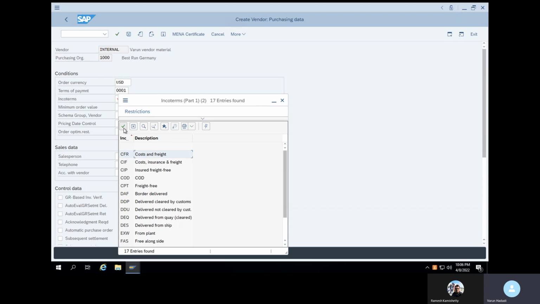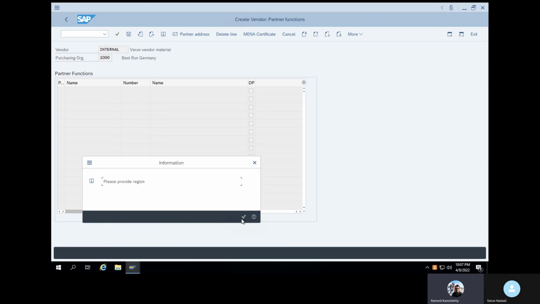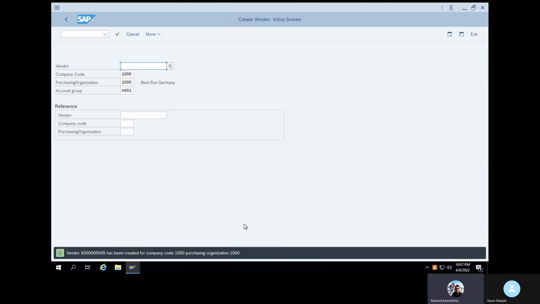Some description, anything you can enter. So what is the number? 60 is coming up because you changed that for your vendor account group. Like this, you have to create your own vendor account groups and you have to assign your own number.